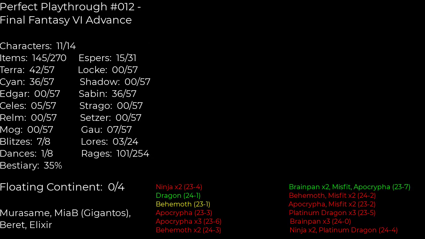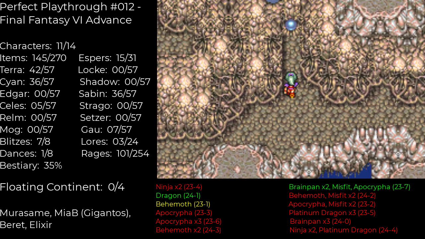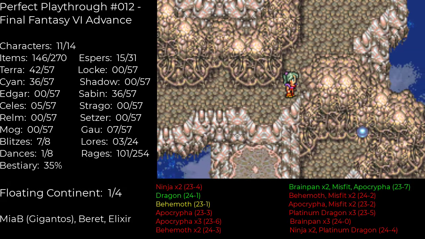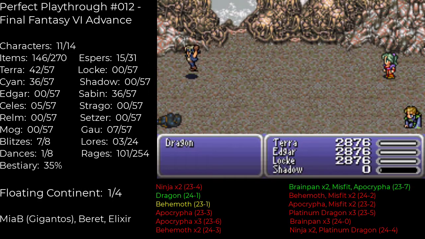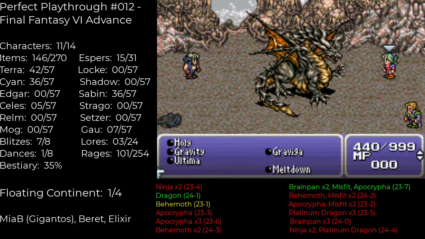Okay, I have to check just to make sure I'm actually boosting up Terra's magic stat. And there's the Murasame Blade. Alright. Try to be really careful with the encounters, the step count, because I have...